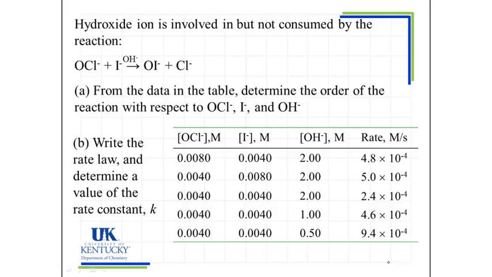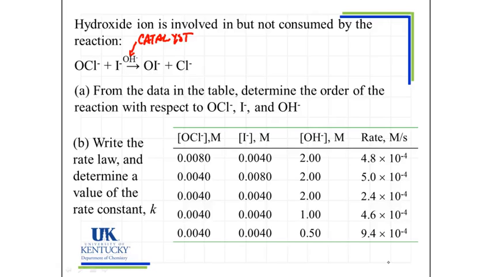Okay, so here's our second example. This one's got some different features. One of them is this little thing sitting up here over the arrow. That is a catalyst. And a catalyst is something you add to the reaction to speed up the reaction. It does not get consumed, so it's not written as a reactant, but its concentration could affect the